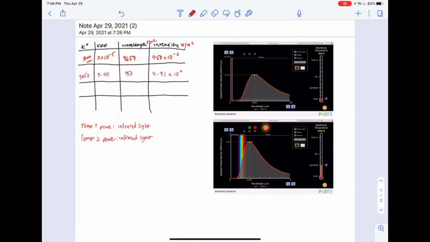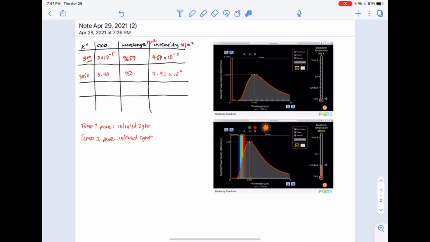So for our first temperature, we are at 300 Kelvin, and the spectral density for that temperature is at around 3 × 10⁻⁵ megawatts per meter squared per micrometer, and the wavelength peak is at around 9659 nanometers, and the intensity is about 4.59 × 10⁻² watts per meter squared. The peak that we're seeing here is in the infrared light, so it's not absorbing any of the colors in